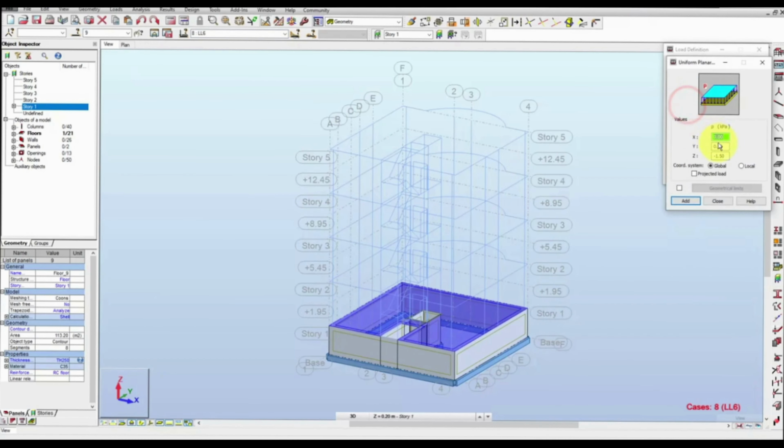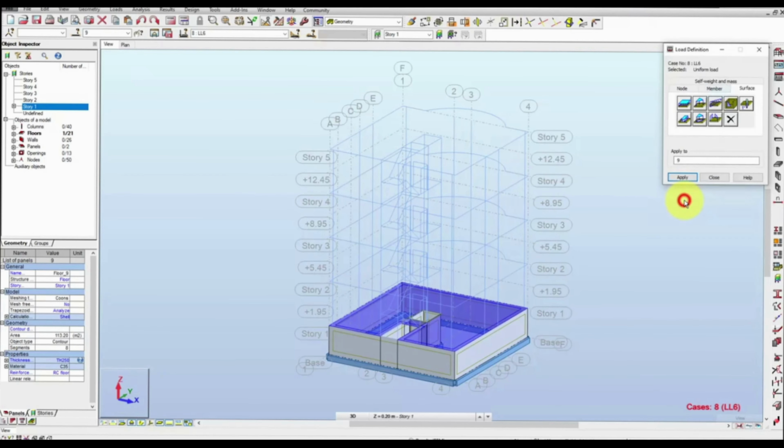This displays the Uniform Planar Load dialog. In the Values group, set the Z value to -2. Select Projected Load. Click Add. This closes the dialog. In the Definition dialog, if the Apply To field already has an active selection, delete the